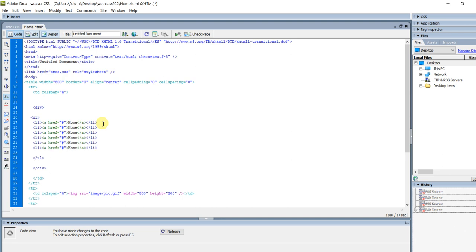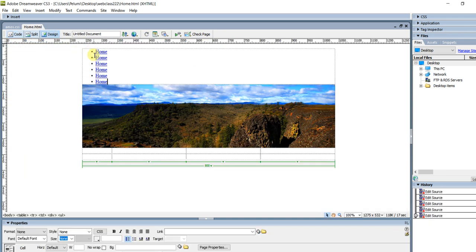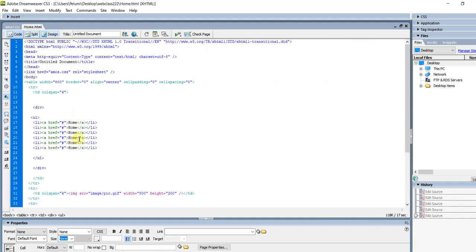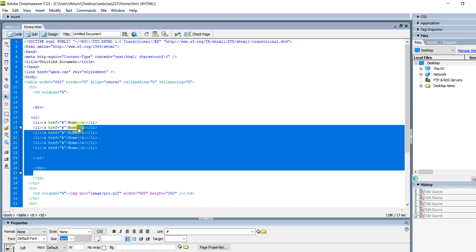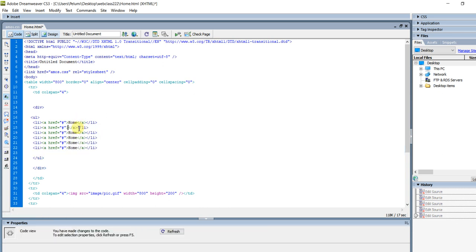If I go to my file, I click on save. Then if I go to design, you can see the different list. Then we have home, so we have to change this. If I go back to our code, this home now we can change it. We can change it to about us. We can change this one to contacts. We can change this one to news. We can also change this one to